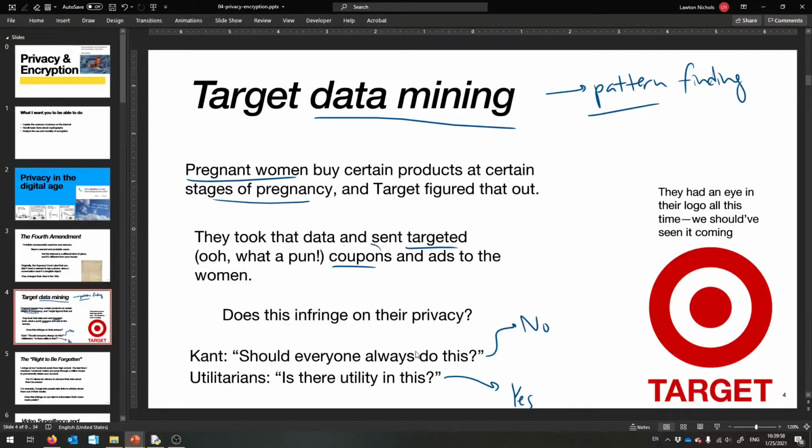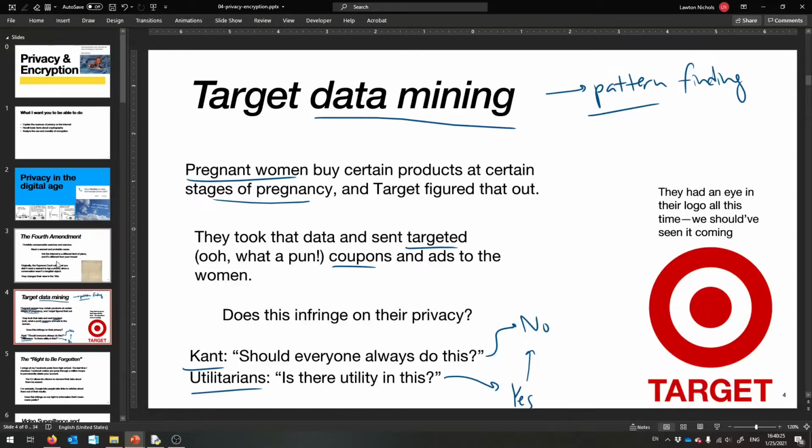And then they're also getting coupons out of the deal, so if they were going to buy it anyway, then maybe this is the best for everybody. Or maybe they didn't want to spend that money, and again, we should go to no from their perspective. Okay, so it's an argument that you could make in either direction. I think Kant is pretty set in his ways, but utilitarians, you would have to argue, where's the greater utility? Okay, so that's the target data mining